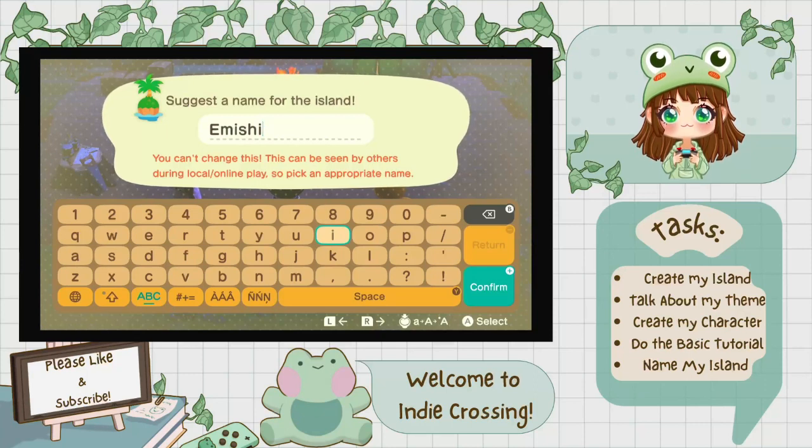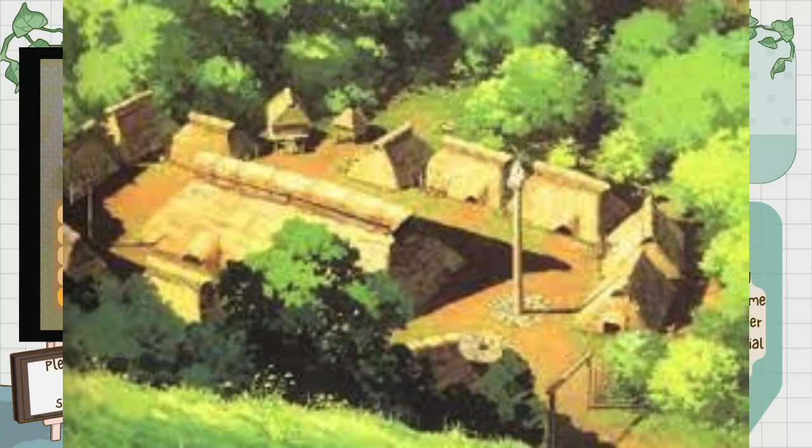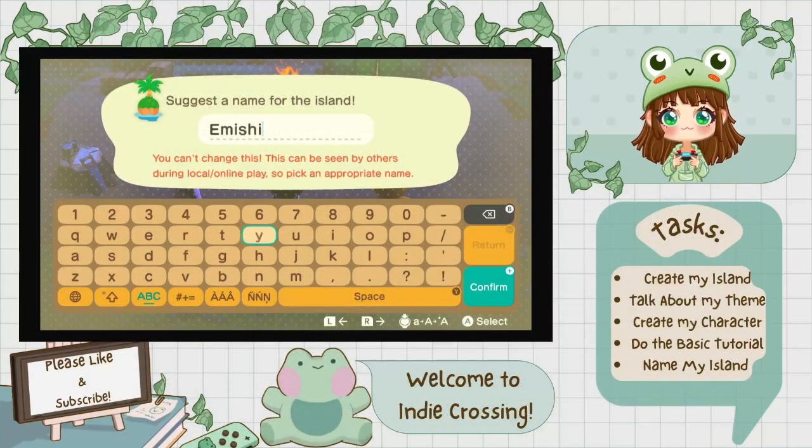Now, we don't get to see very much of the Amishi village. We only see it for the first 10 or so minutes of the movie. But I think it really fits considering I'm planning a sub-theme of Princess Mononoke and having a forest core vibe to the island and kind of recreating Cedar Forest from the movie.